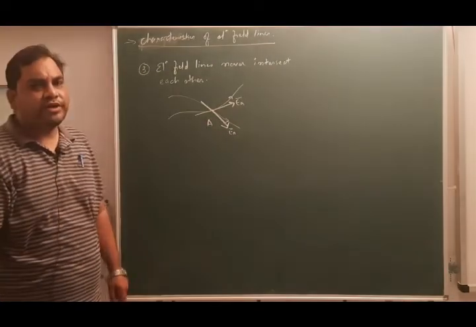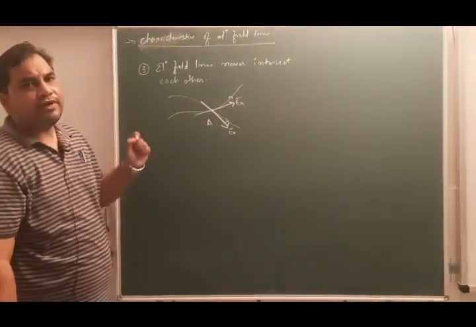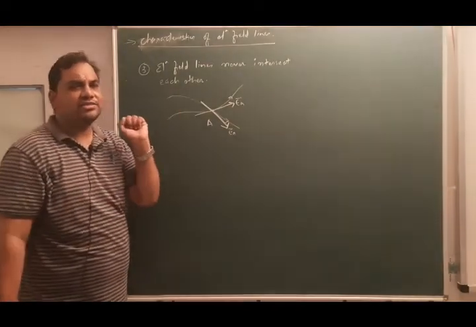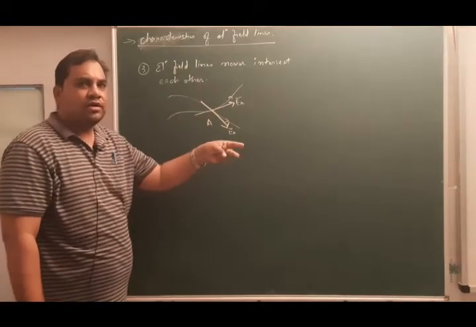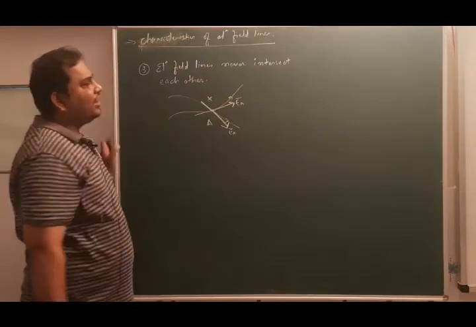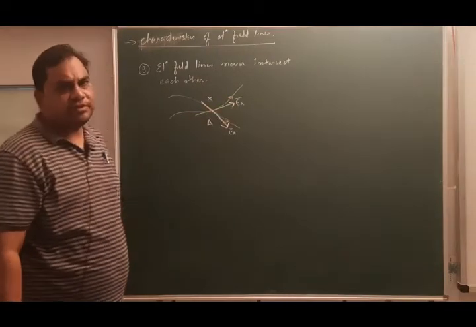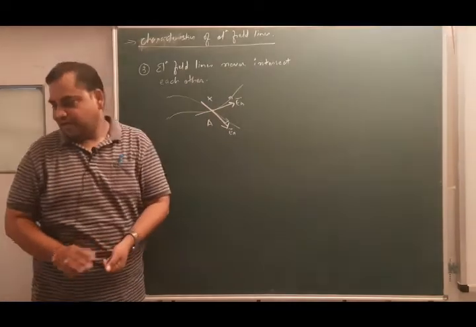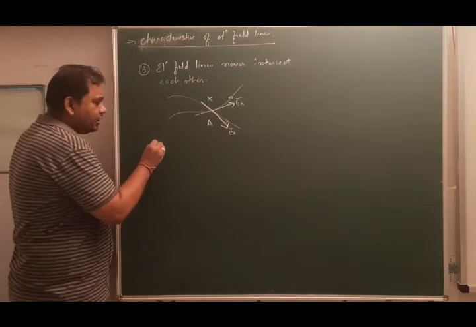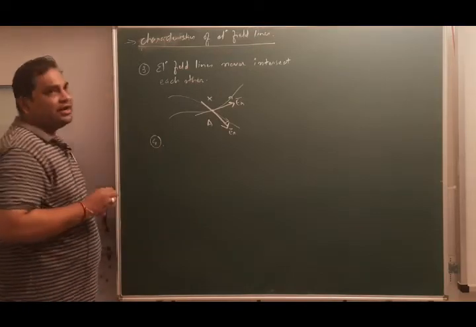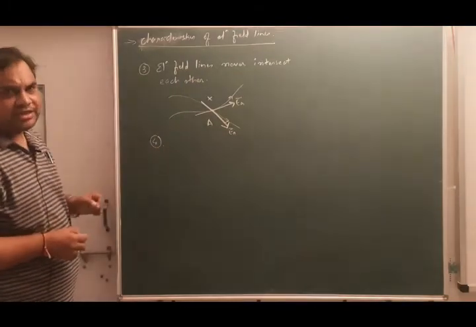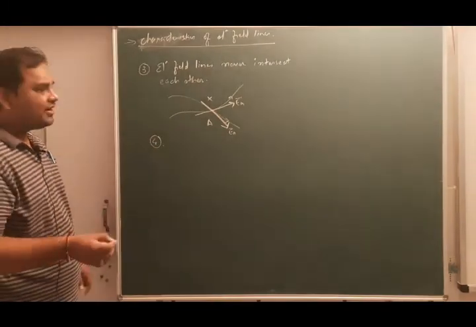At every point in space there is a unique value of electric field with respect to its magnitude and direction as well. So you cannot have two values or two directions of electric field at the same point. So this is incorrect. We cannot have this kind of distribution where electric field lines are intersecting with each other. Then the fourth point: the earlier points are related to direction. Now we discuss the points that are related to magnitude.